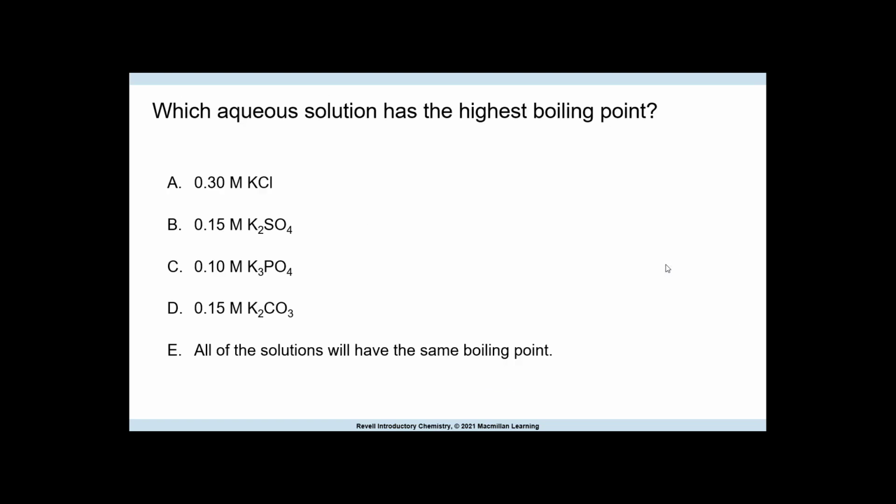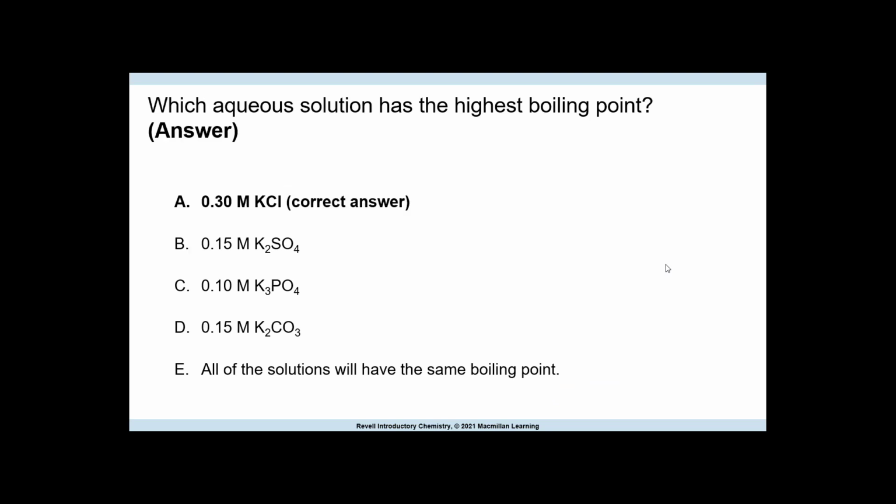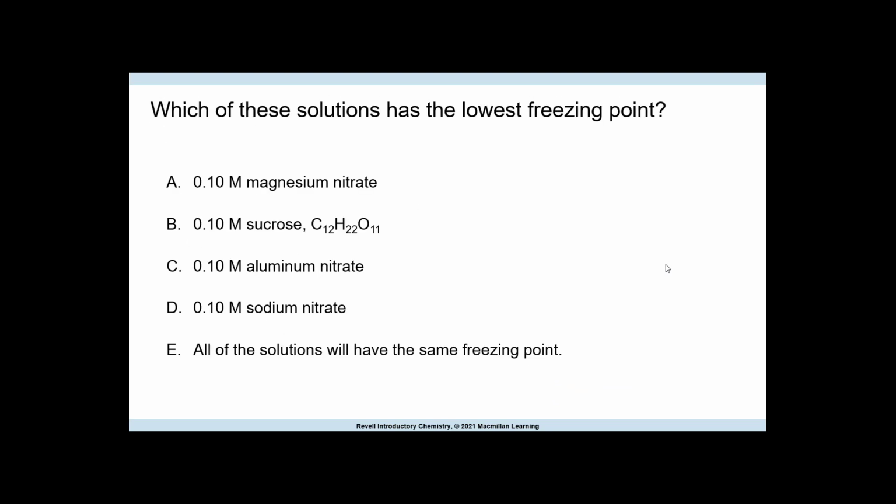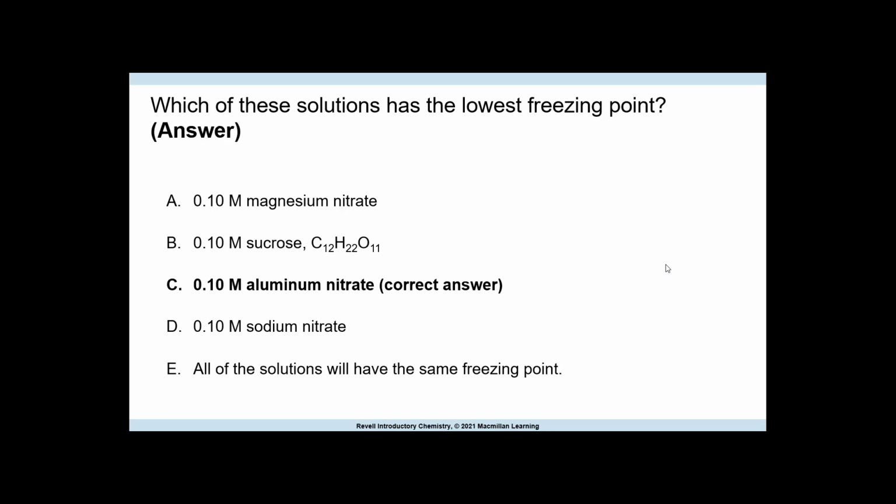Which aqueous solution has the highest boiling point? Again, you want the one that has the most particles. It's going to be A. Which of these solutions has the lowest freezing point? Same properties. You want the one that has the most particles. I also stopped breaking these down because this will give you a chance to figure out how to break these down and figure out which one has the most particles. And the answer is